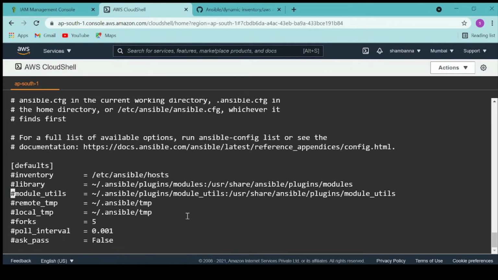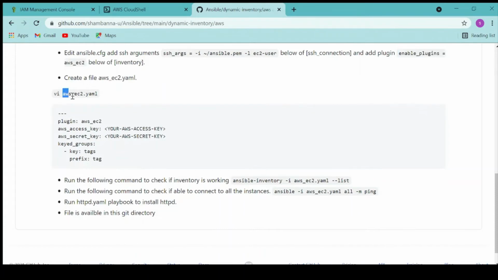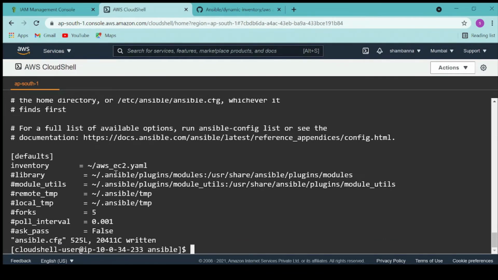Okay, so here it is, the default inventory file. I can change this to this file so that it will consider this as the inventory, and I will make this the home directory. So this much I need right now.